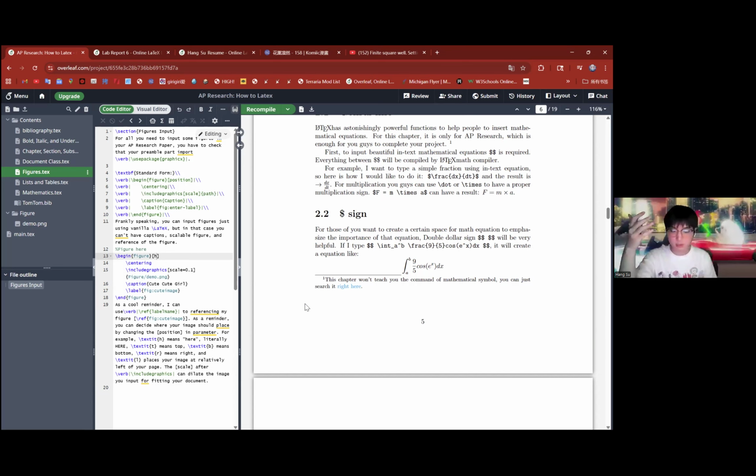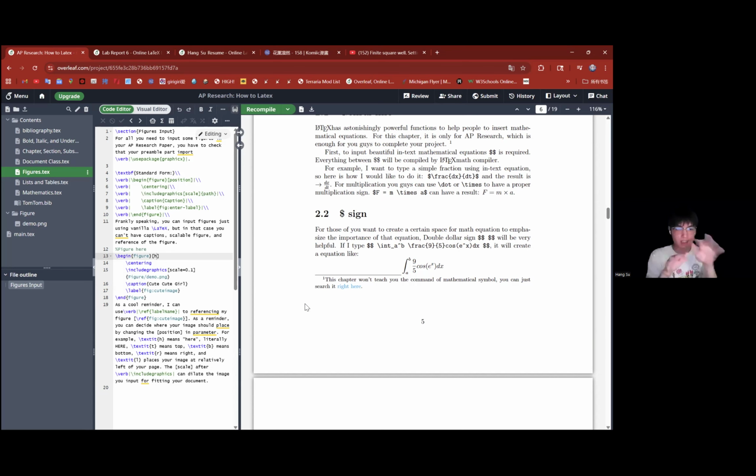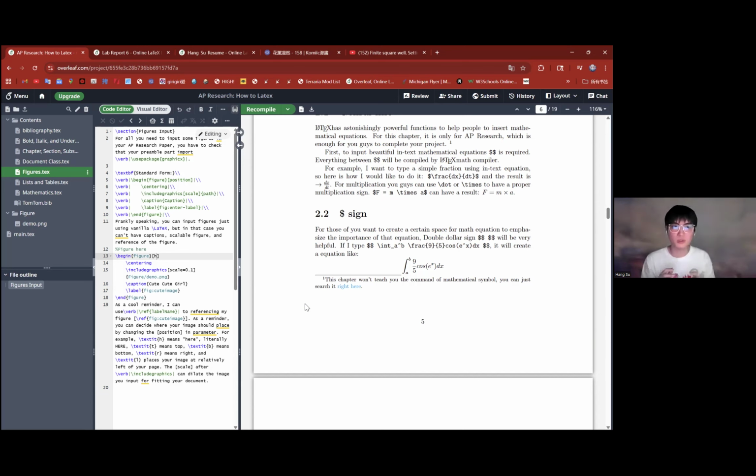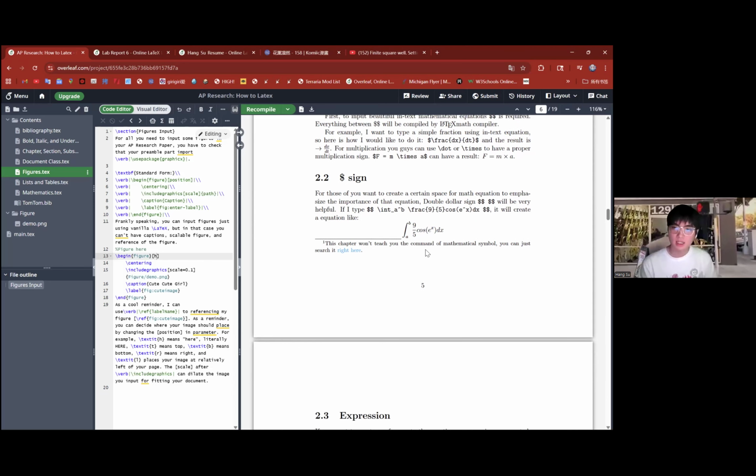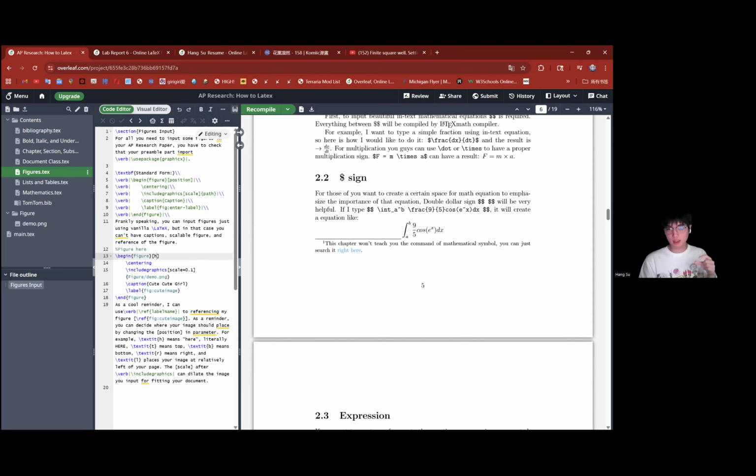So the idea is important, but I'm not here to just tell you that you have to type these things. Use the tool you have. That's a strategy. Yeah. So if you want to have an equation